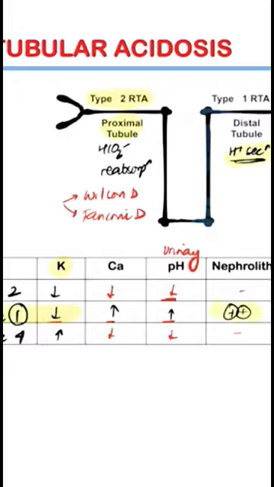With type 1, you want to remember Sjogren's syndrome. Autoimmune diseases are all going to be causes of type 1 RTA. Type 4 is hypoaldosteronism, and remember, one of the common causes of this is obstructive uropathy. So this is RTA in a nutshell, a very difficult topic otherwise. We just remember one poem in the